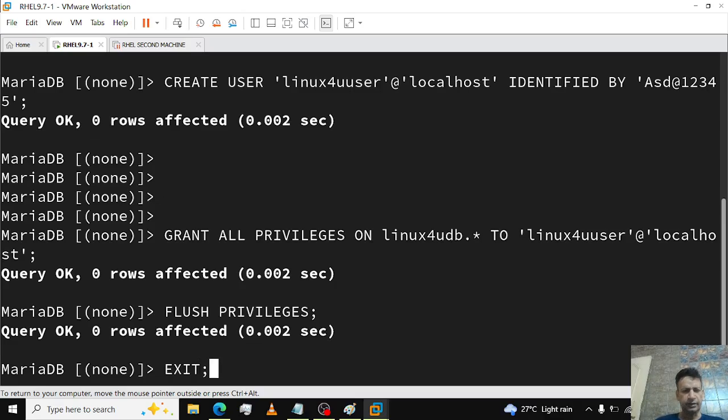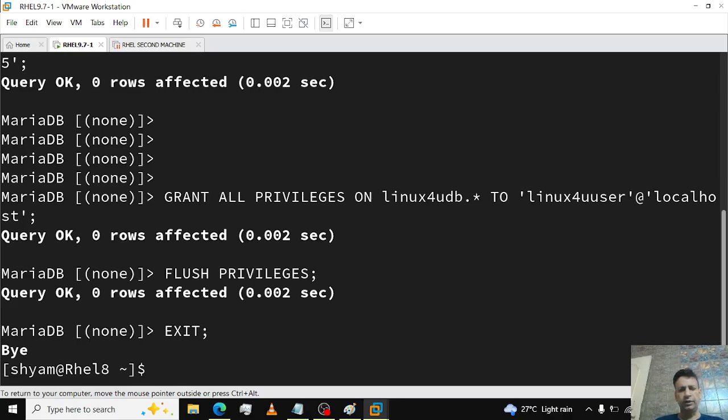Make sure you are writing in capital. So this way you created the database, the user and its password, granted the privileges, and exited